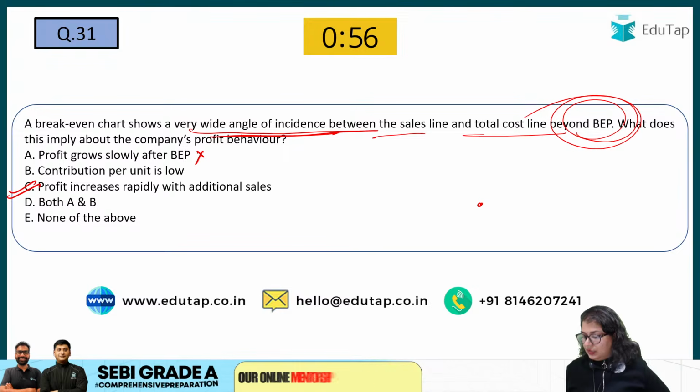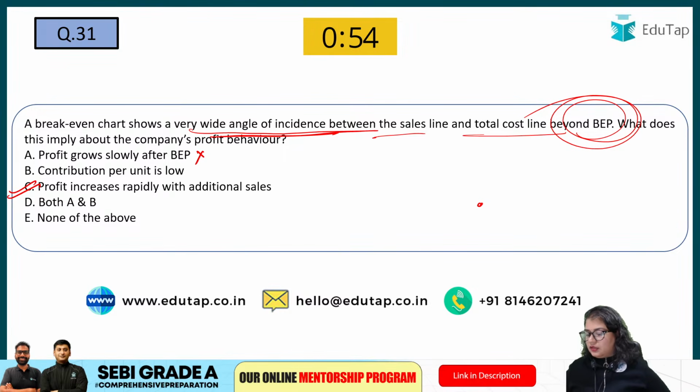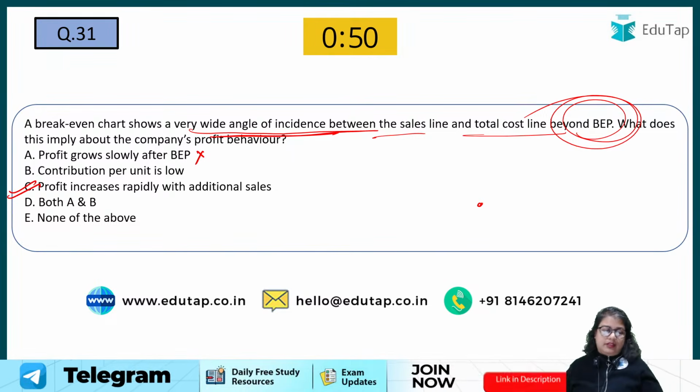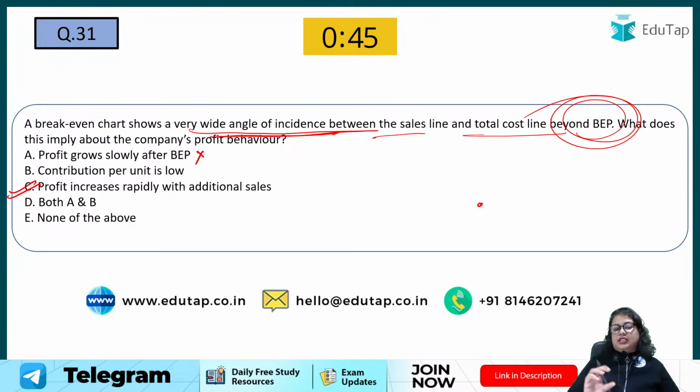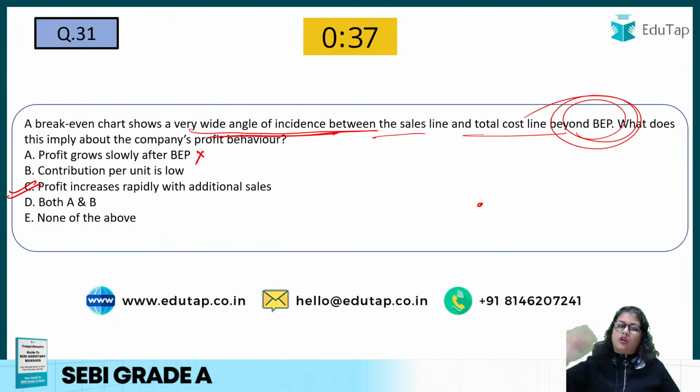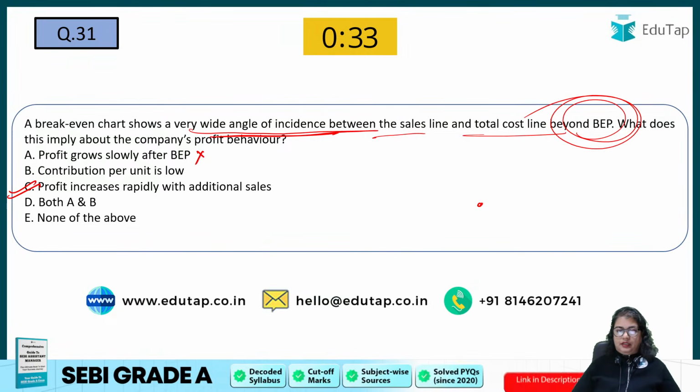Yes, everybody, sales are more. Everyone's answer is very good and everyone is correct. So it's very good. Give a thumbs up to yourself. You should know these kinds of questions also. Okay, a student may get confused between A and C, but you should know that when the angle of incidence is increasing, the sales are increasing very rapidly, and so our profit will also be increasing rapidly. Okay,